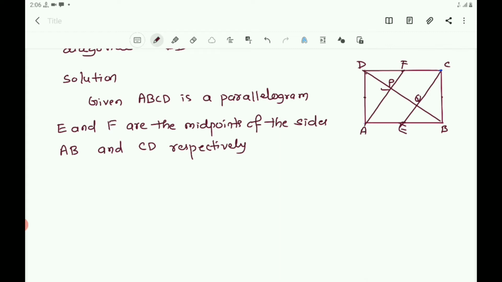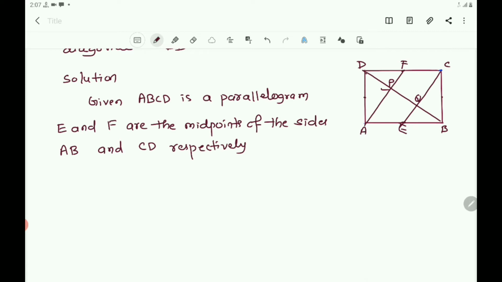Now also you know that AE is parallel to FC and AE is also half of AB and DC. Similarly, AF is also parallel to EC, and EQ parallel to AP and EP parallel to CQ, AE parallel to FC and also AE equals FC. Now let us take here.